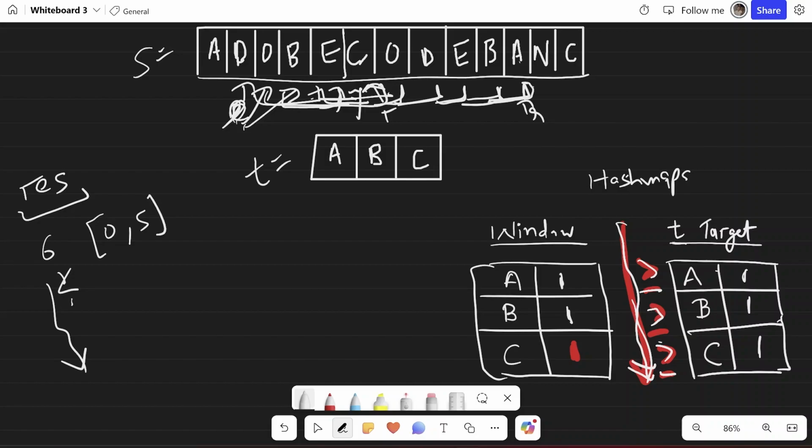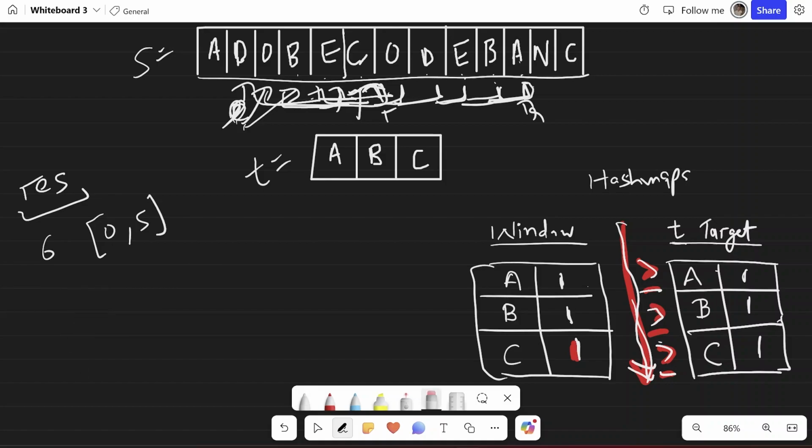I see. These are all still 1. And at C, my length is, I think, CODEBA. So this is 6 in length, and left and right ends are 5 and 10. So 5 and 10, and yeah, this length is also 6. But as I already have a 6 length, I don't need to update it. So ignore this as well.